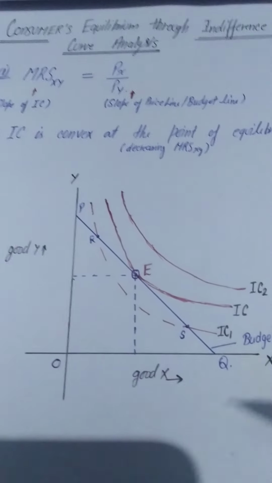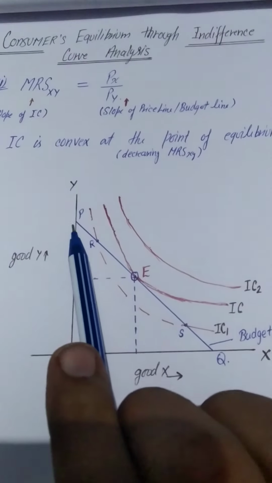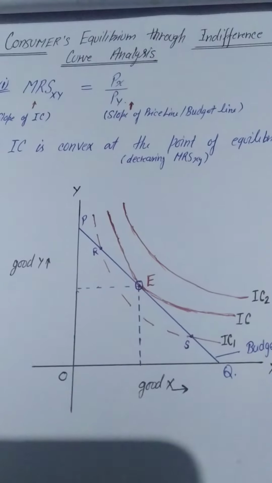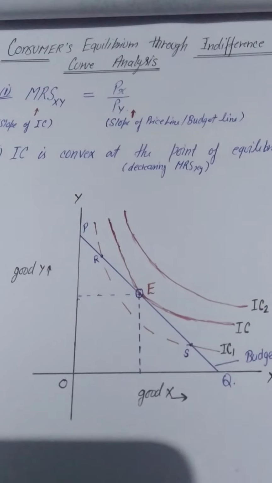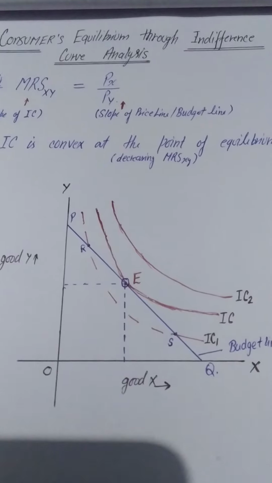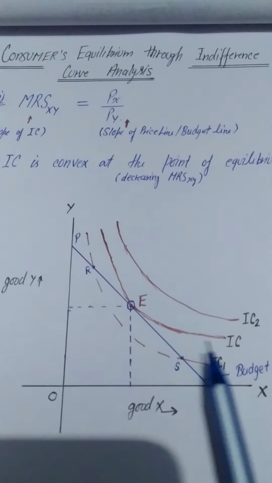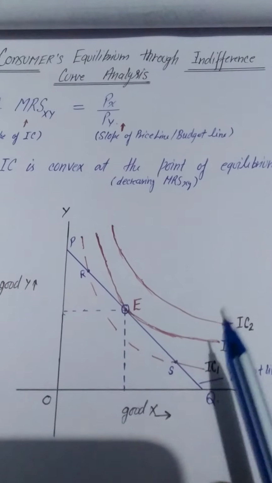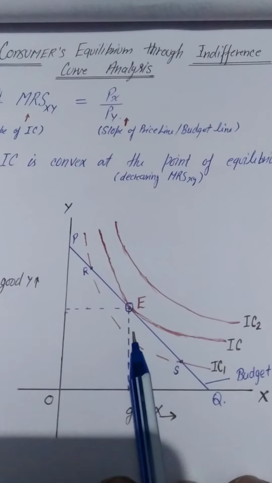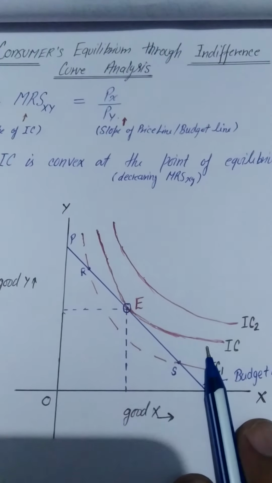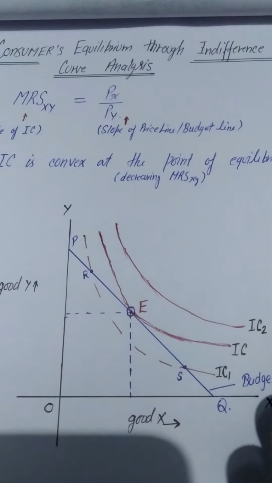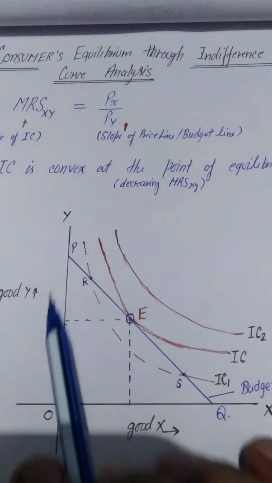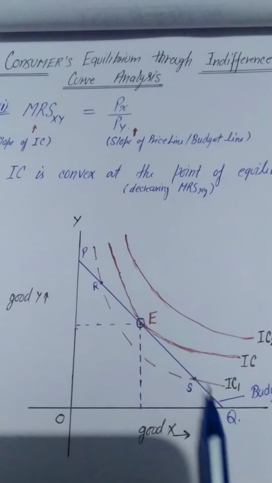This we will study from this diagram. As you can see, PQ is our budget line. I think all of you are aware of the construction of the budget line, and there are three indifference curves, IC, IC2, IC1, which are there with the consumer, by which we will study the consumer's equilibrium conditions. So we can see that indifference curve IC1 is intersecting the consumer's budget line at 2